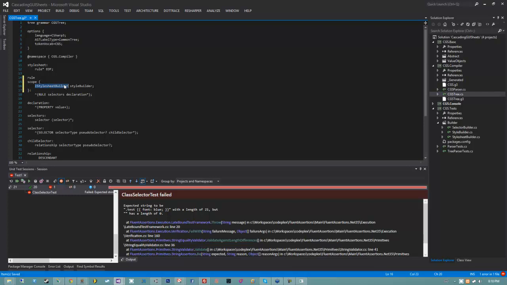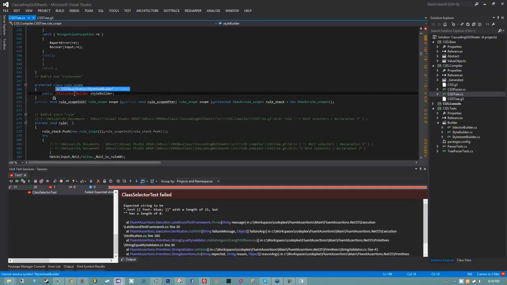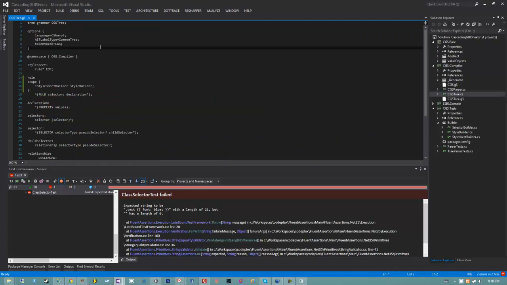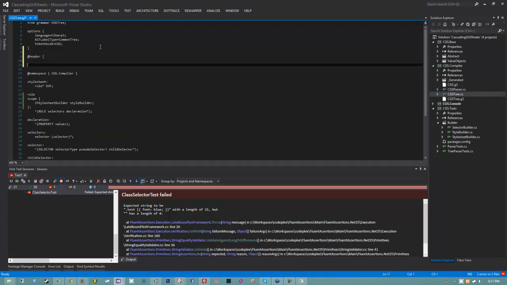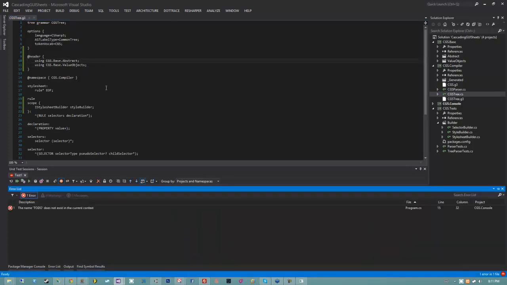Now you'll be wondering, wait a sec, this is going to cause a compiler error, isn't it? And it will, because notice how ANTLR just created this class with style sheet builder. I need to import the namespace that style sheet builder comes out of. But that's very easy to do. I can go up here to the top and do header. Anything I put in header will appear at the top of my file, and I can put in using cgs.base.abstract and using cgs.base.valueObjects. So now that error goes away because the